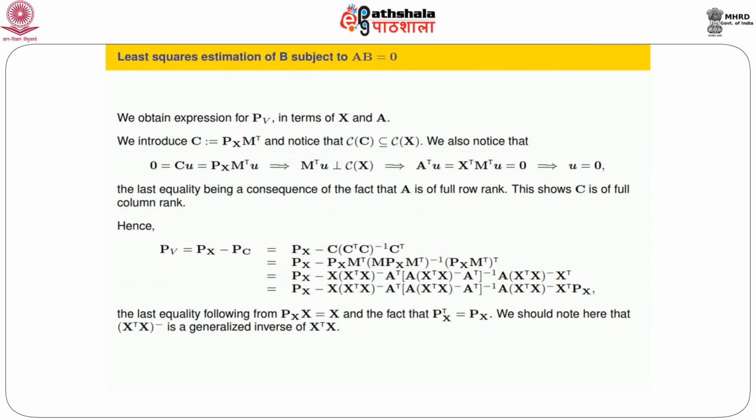So let's see what we did earlier. We introduced two objects. One is a least squares estimator of B subject to AB equal to 0. We called it B H hat. Recall the H is to emphasize the point that AB equal to 0 is something like a hypothesis. So B H hat, and as we did earlier, the least squares estimator of theta is XB subject to AB equal to 0, given by theta hat H, and it is the same as X B H hat. Exactly the same as our univariate theory, the expressions.